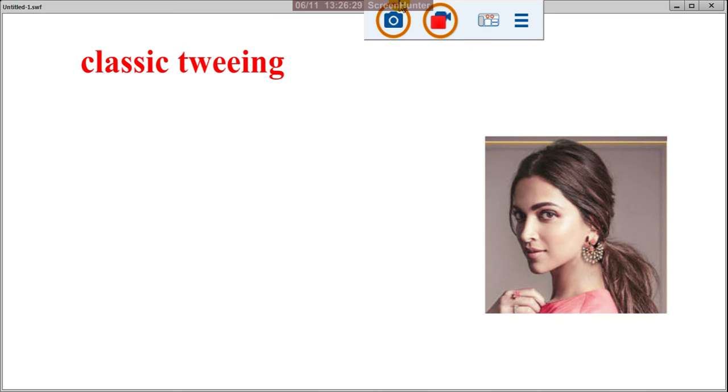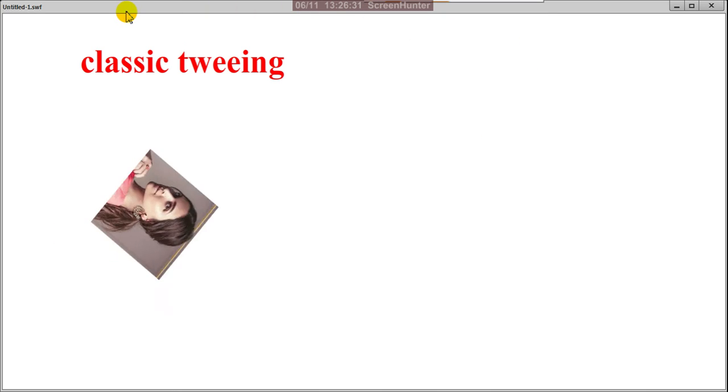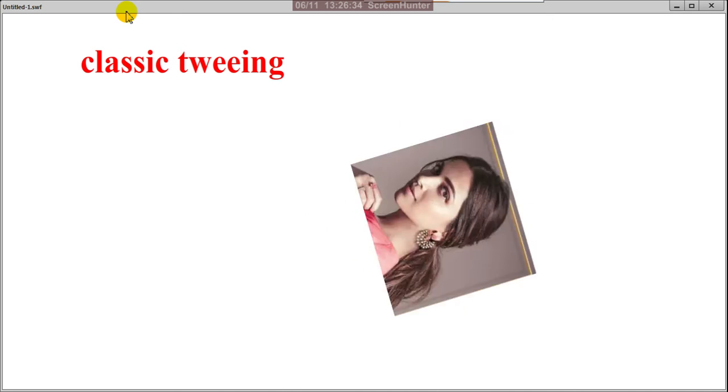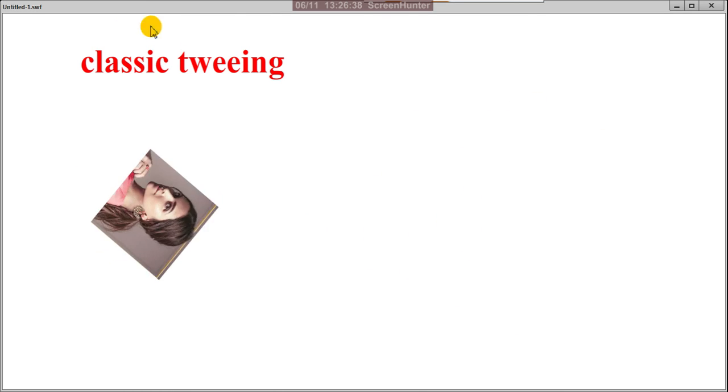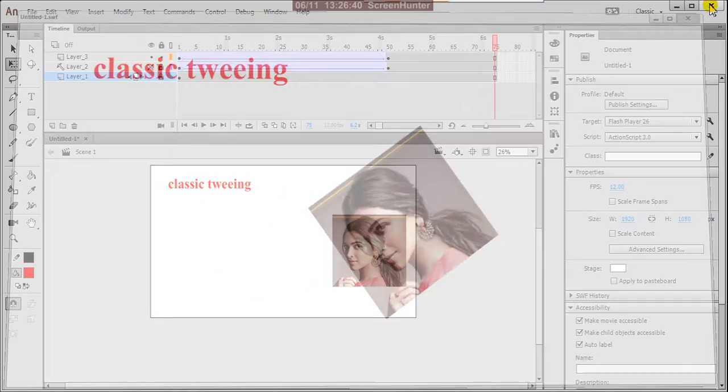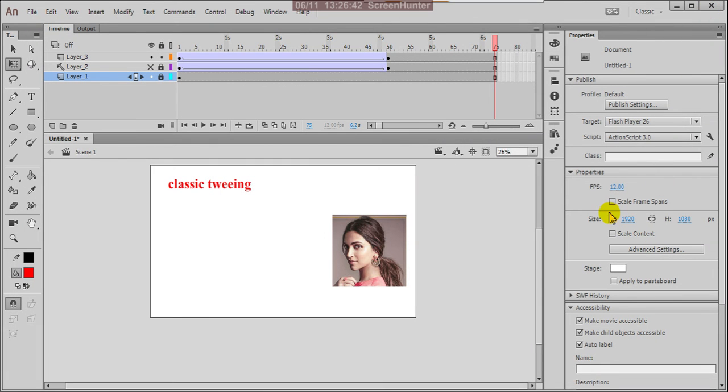See, it is rolling. So we can experiment as much as we like for the time being, with the default timing. Okay, yes. So other things I'll explain now.